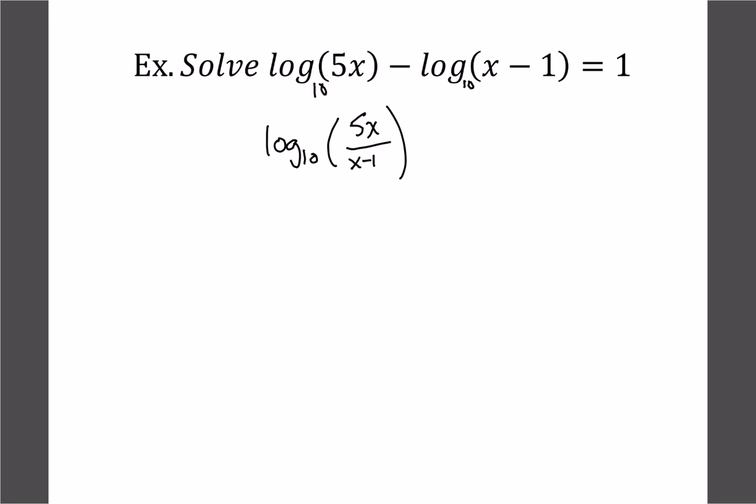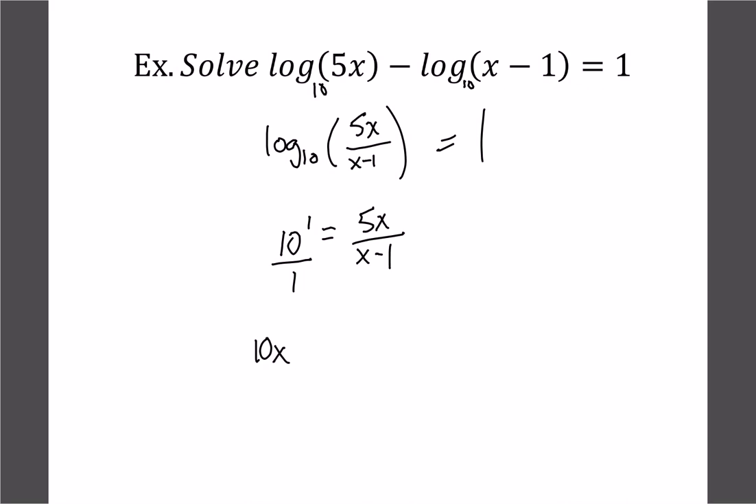And that's going to equal 1. So now we can actually use the crisscross rule. So let's change that to be 10 to the power of 1 equals 5x over x minus 1. Now we can solve this just by cross multiplying. So crisscross the